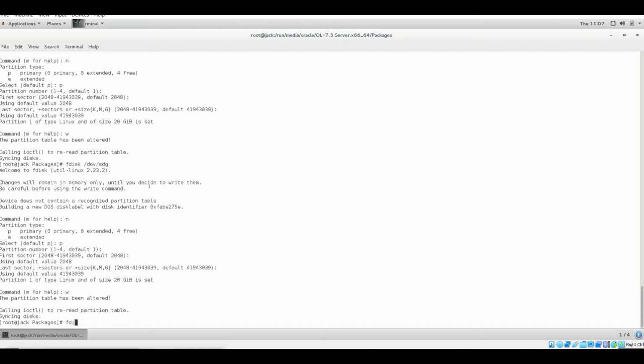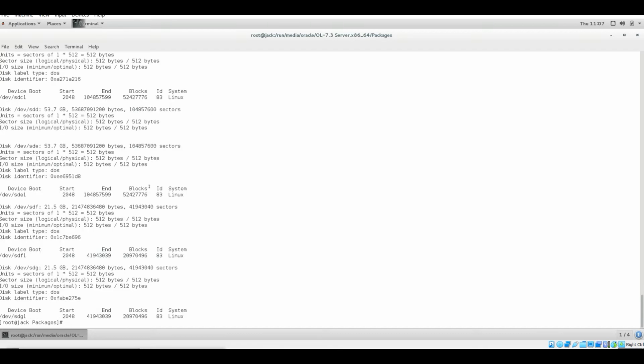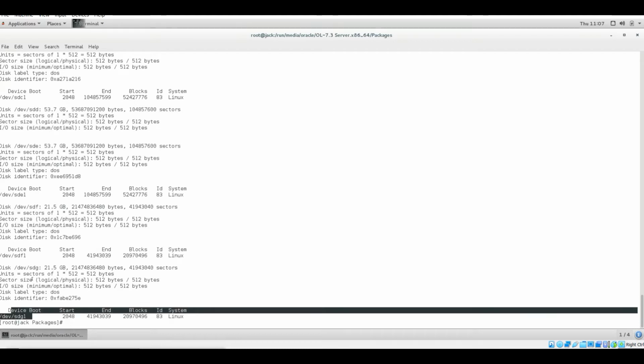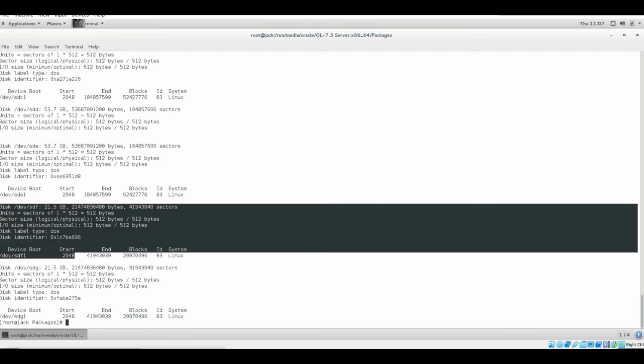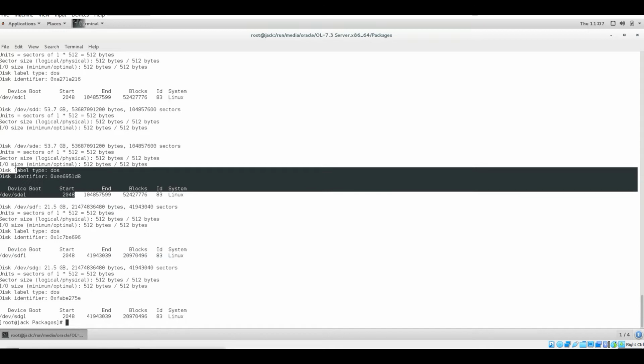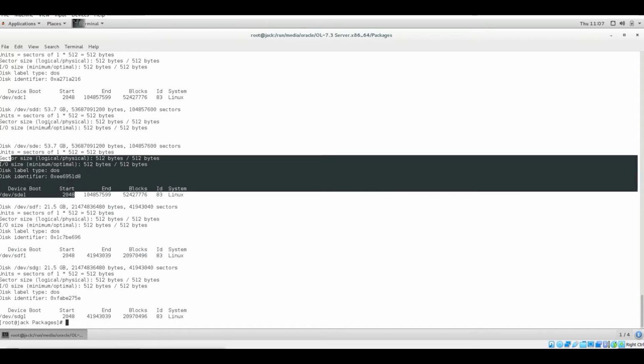And let me check it from here. SDG is done, which is 20 GB. SDF of 20 GB is done. E of 50 GB is done.